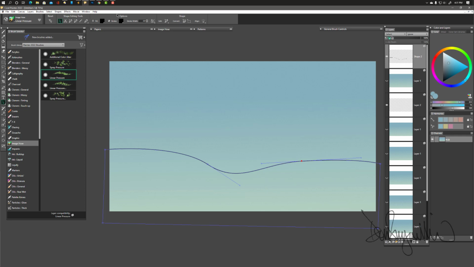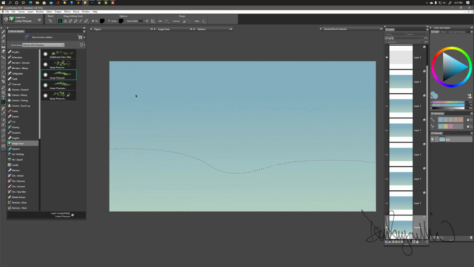Then I'm going to come up here and go to Shapes, and I'm going to convert it to a selection. So now I've got a nice selection going over the top of this. So let's pick a good main color. Make sure the layer is active. Main color, a green that we want for the background. Get to my main colors. I'll use the temporal color wheel, so I can pick